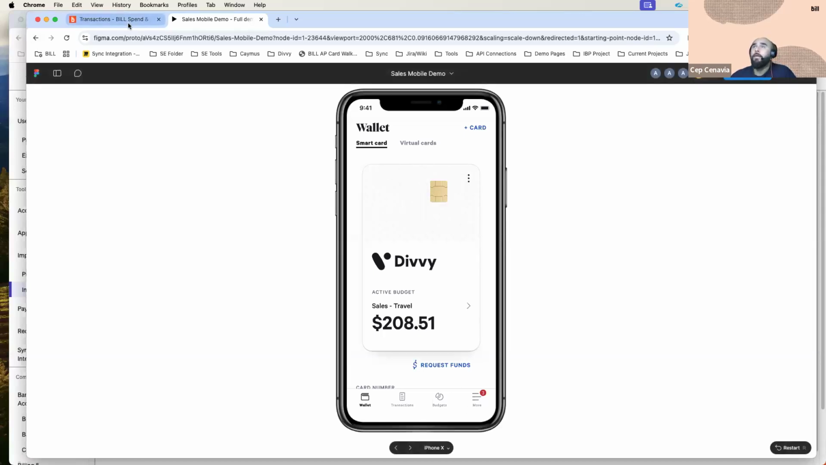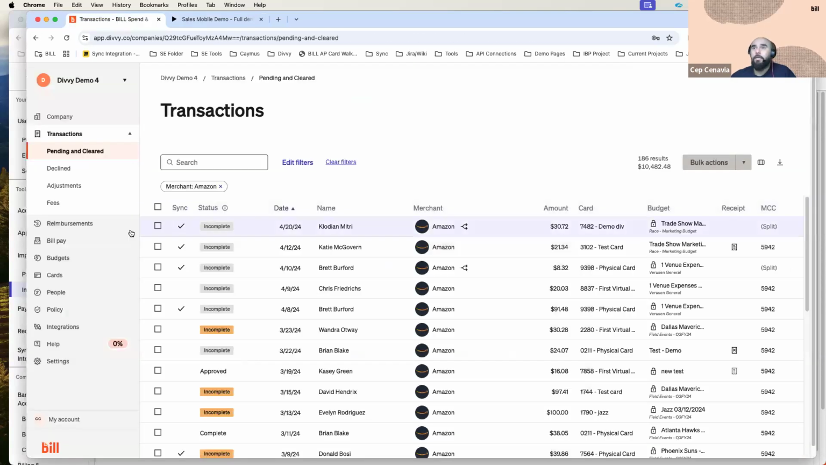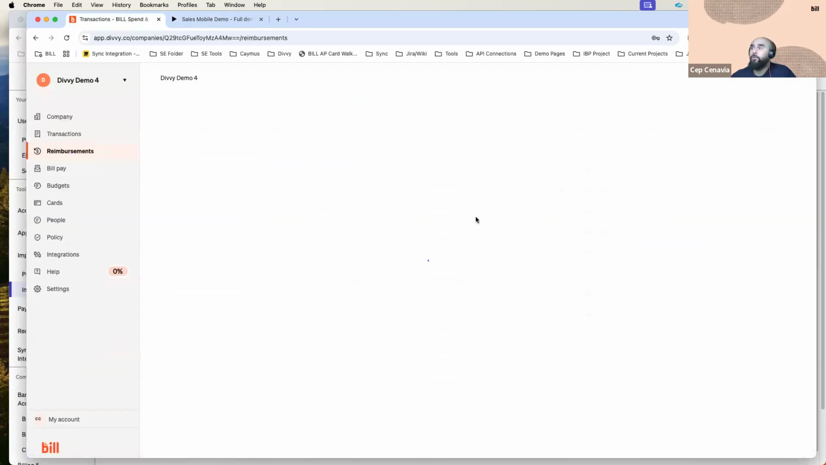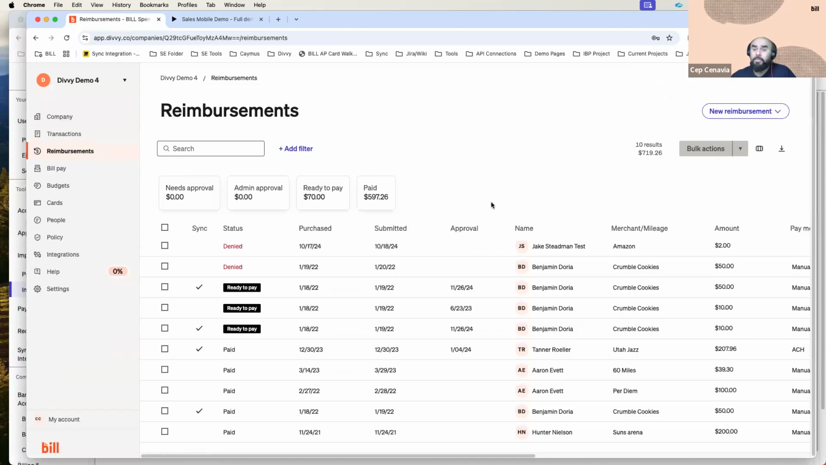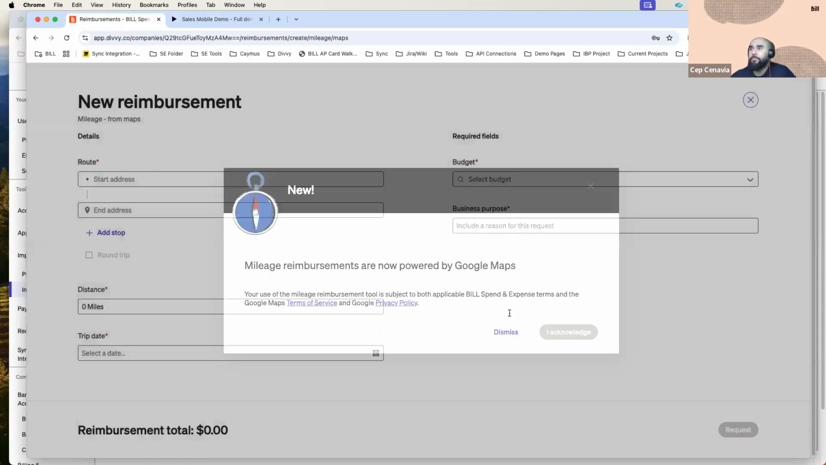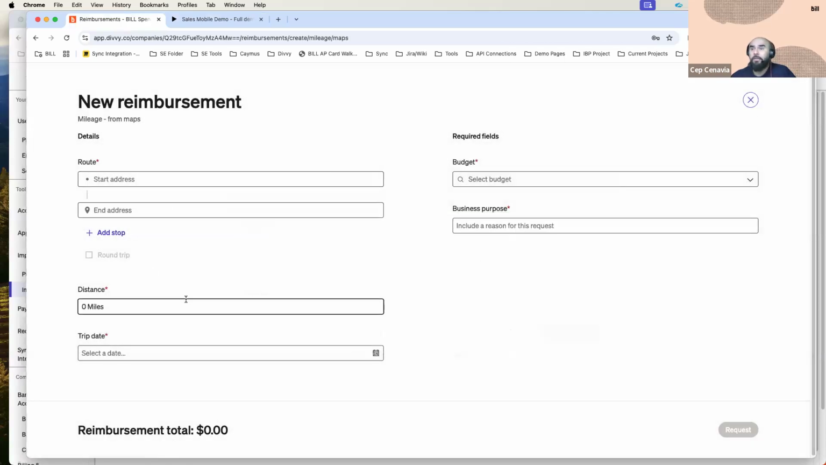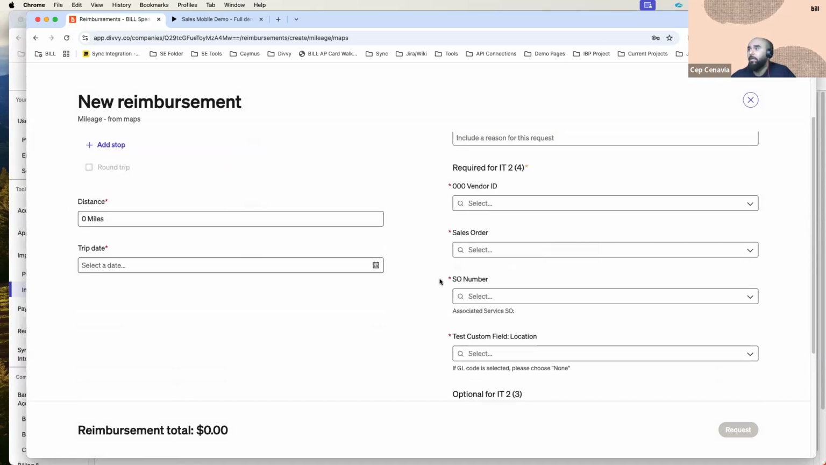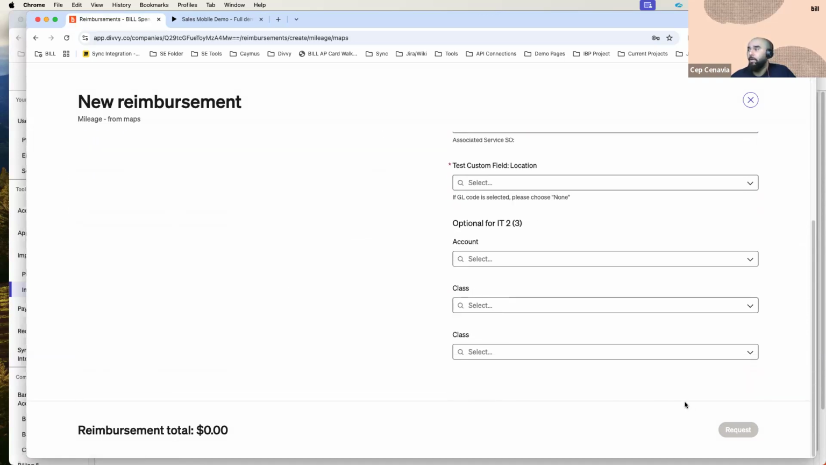All right. Other features within spend and expense is we do support reimbursements. So if you're somewhere where they don't accept card, they accept maybe cash only, you can submit your out-of-pocket reimbursements. If you need to be reimbursed on your mileage, we actually integrate with Google Maps, right? So you can enter in your starting address, your end address. We'll calculate those miles for you. You can select your budget that you want to use, code the transaction as well,